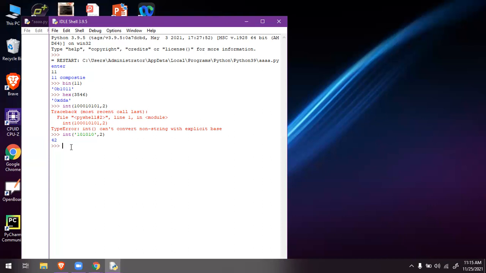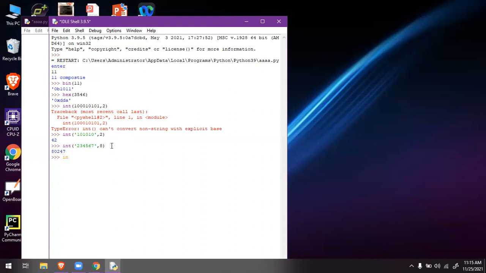Let me write another number, int of 234567 comma 8. 8 represents the base value, so it is an octal number. If I hit enter, it is directly converted into a decimal value.